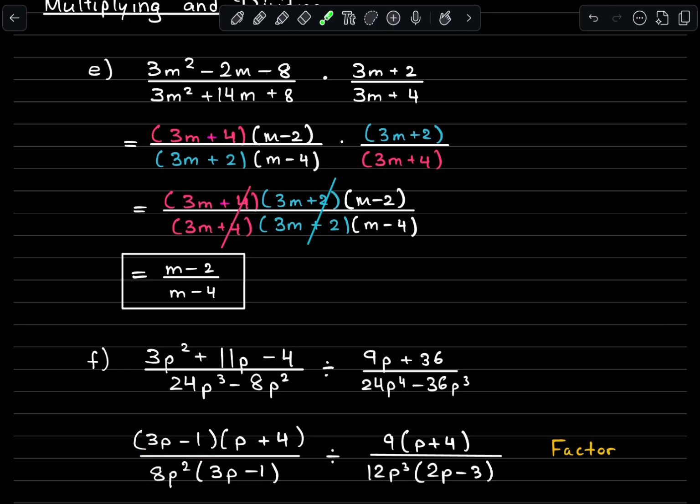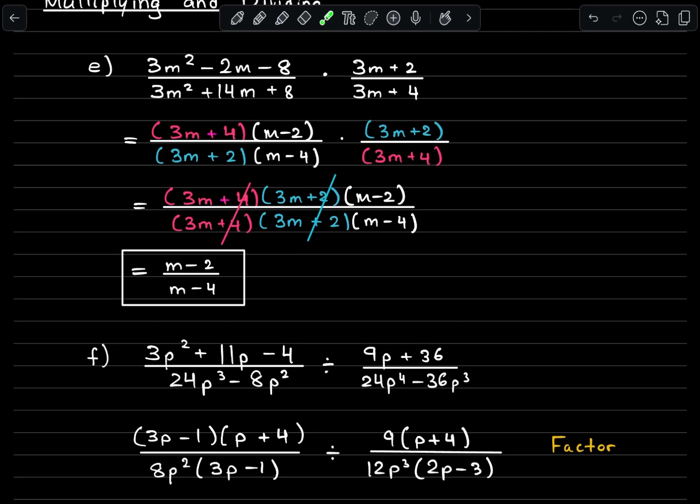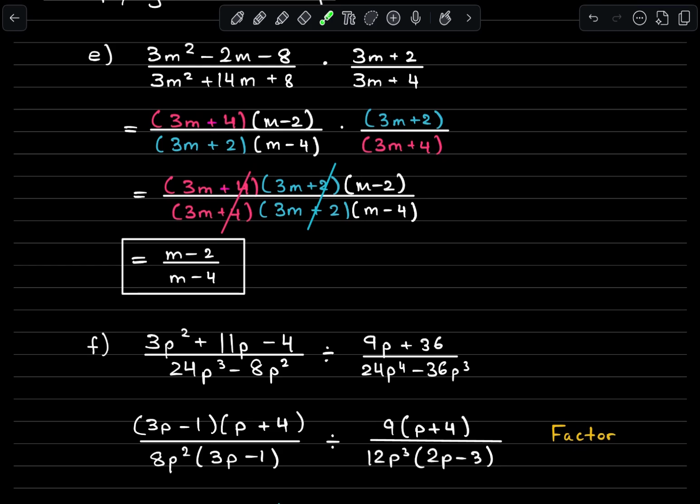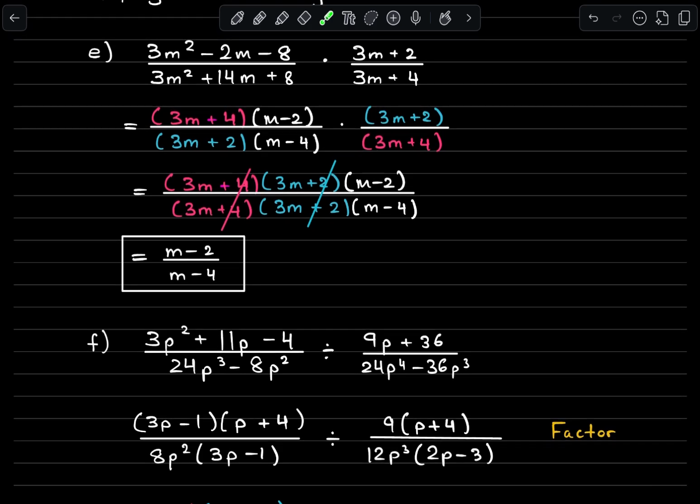Here we can factor out a 9 from the numerator. We're going to get 9 times, in parentheses, p plus 4. On the bottom, both of these are multiples of 12. We can take a 12 out, and we'll take the lower power of p out, which is p cubed. Okay? Now from here, we're going to apply what